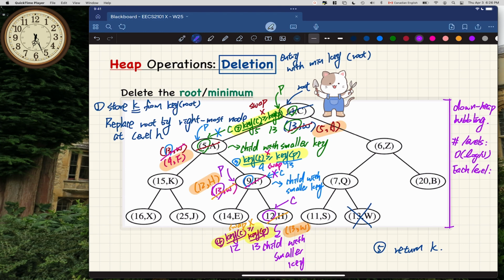But for completeness, let's write it here. One is about you got to choose the child by choosing the smaller key. And also you want to compare. And also you want to swap. But all these together will just be constant time. So you got log n levels. Each level will be constant time. So you still got log n. So overall, you got big O of 1 times log n, which will be just big O of log n. So that is the running time for deletion,